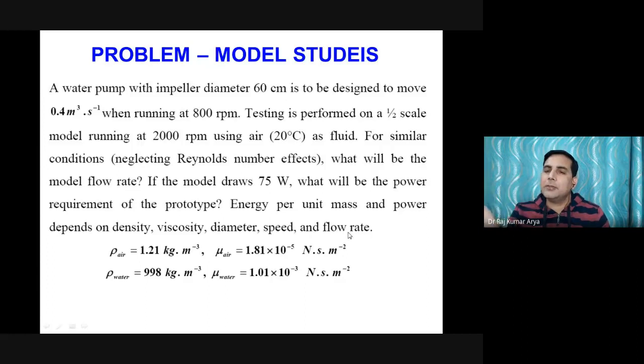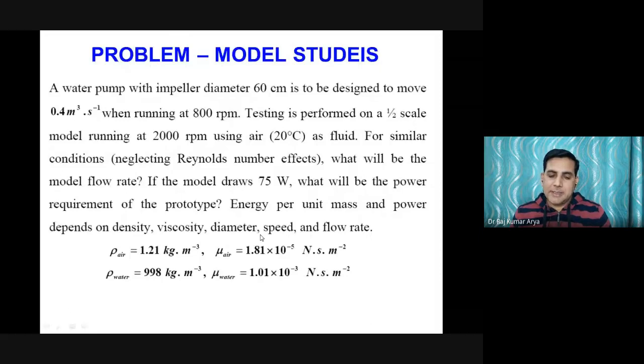But gravity is not a fluid property. Gravity is a universal property. So if you take it also, it won't create any problem. If you leave out any one of these, then it is a problem. Okay, so I just want to emphasize more and more, taking a larger number of parameters will not harm you, but fewer will create a problem.